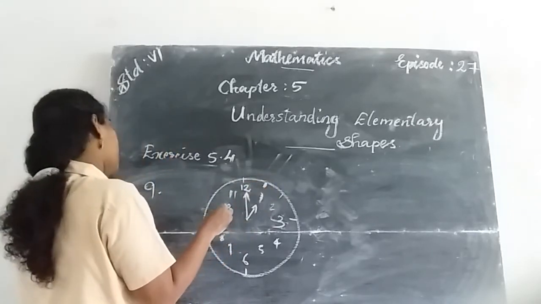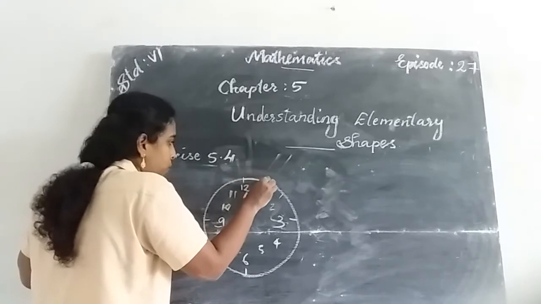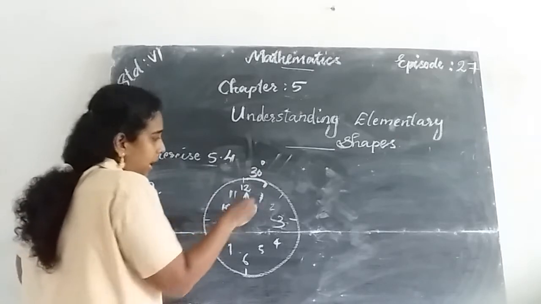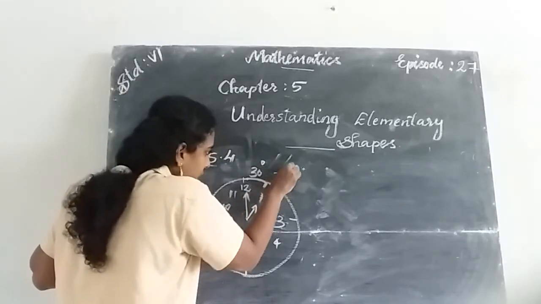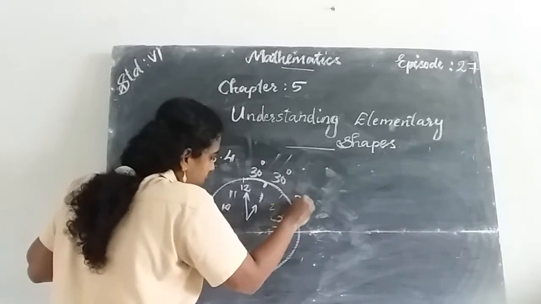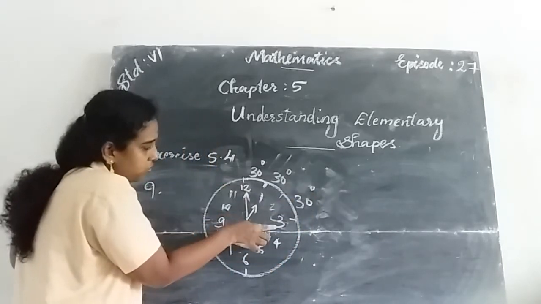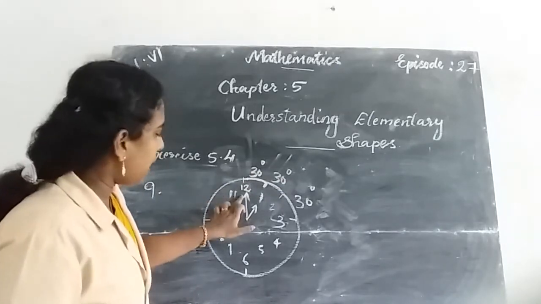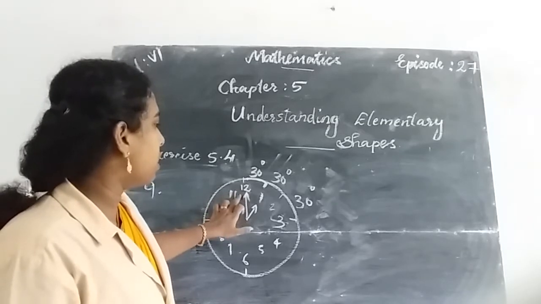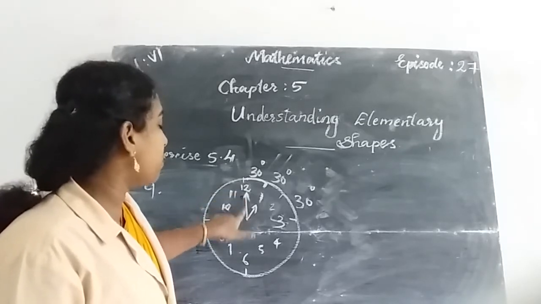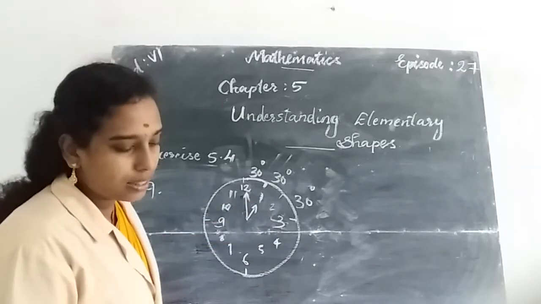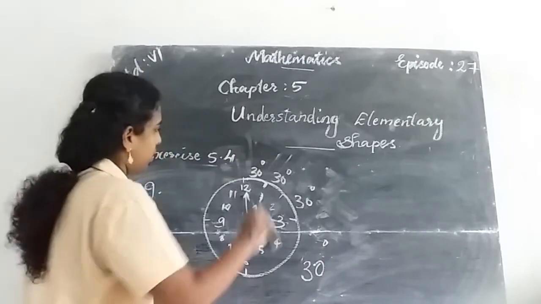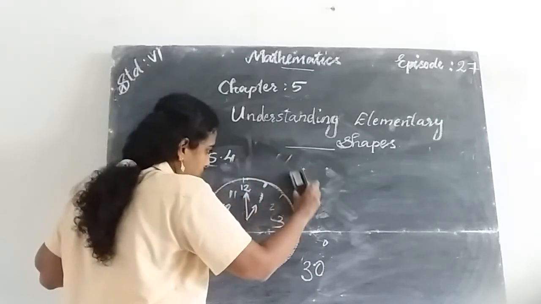The angle between 2 adjacent points or 2 units of a clock is 30 degrees. Here, 12 to 1 measures a 30 degree angle. 1 to 2 is another 30 degrees. And 2 to 3 measures another 30 degrees. So 12 to 3 measures 30 plus 30 plus 30, 90 degrees. So with the hands of a clock between 12 and 1, the angle is 30 degrees. Then we can also find it by using a protractor.